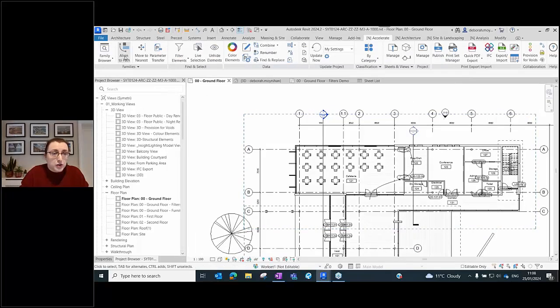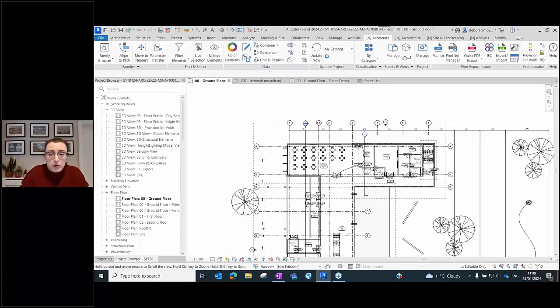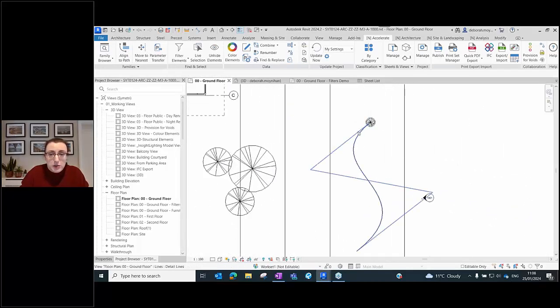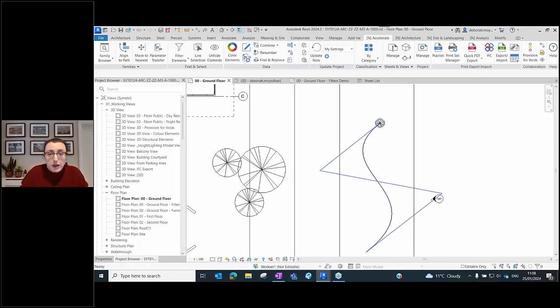Another quick tool under families, just as a little bonus, is Align to Path. A lot of times when you're designing something, you might be extruding a family along a path, and you have to copy and paste that family one by one and set the increment each time. Align to Path allows you to speed up this process